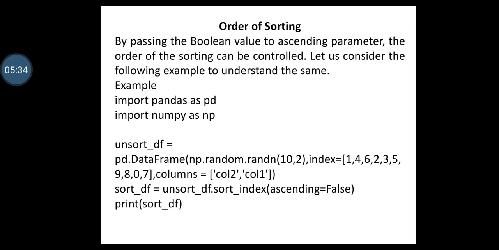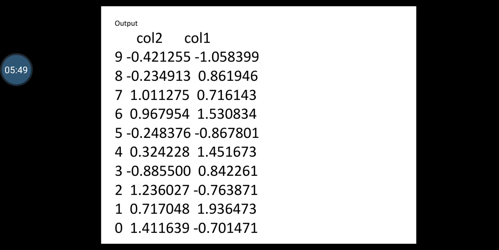It means the data is not sorted in ascending order. And then after that, I am putting the variable print and the variable name sort_data_frame. After executing, you can notice that the data is not sorted in a particular order, and the index value is